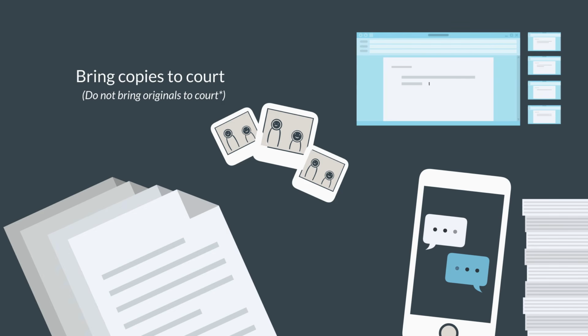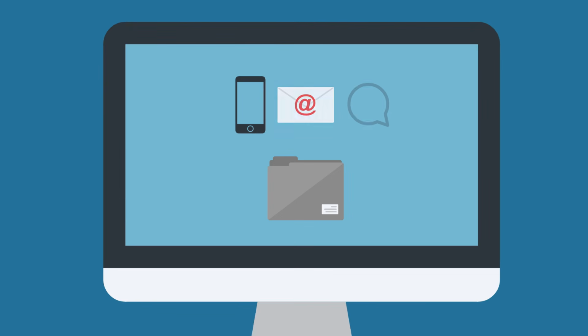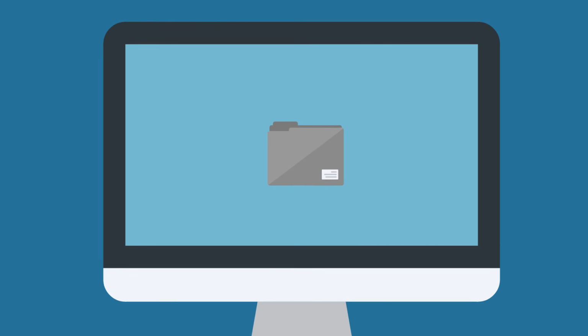So there's rules about how long we have to keep information as part of the record in the event that somebody files an appeal. Don't bring your original unless it's necessary. Don't bring your only copy, and make sure you're bringing extra copies so the judge has a copy that she or he can keep. If you have any electronic evidence, so I mentioned text messages, emails, Snapchats, whatever it is,